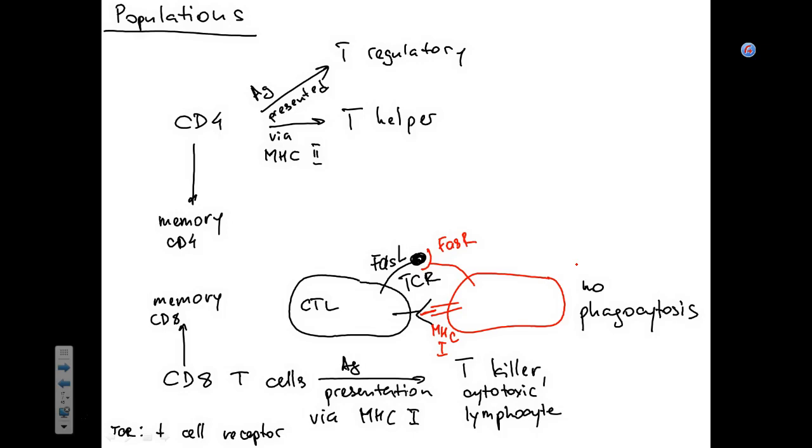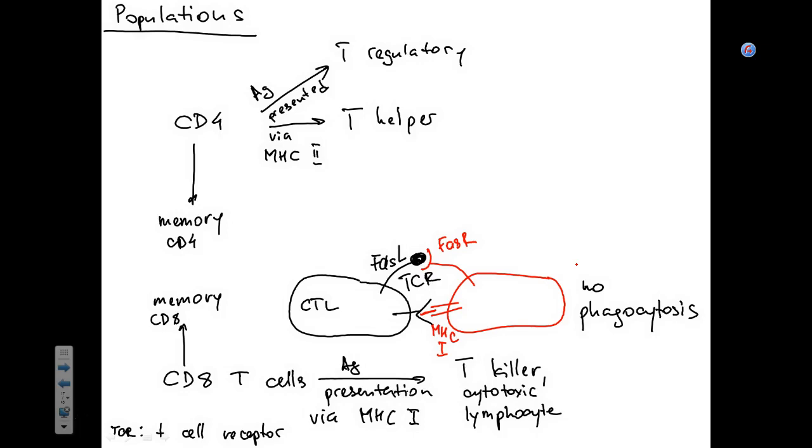When they interact, Fas ligand on the CD8 cell and Fas receptor on the infected cell, it stimulates apoptosis in the infected cell. That makes sense? So just intracellular signaling, and you have apoptotic genes, special proteins that in a very ordered manner dismantle the cell